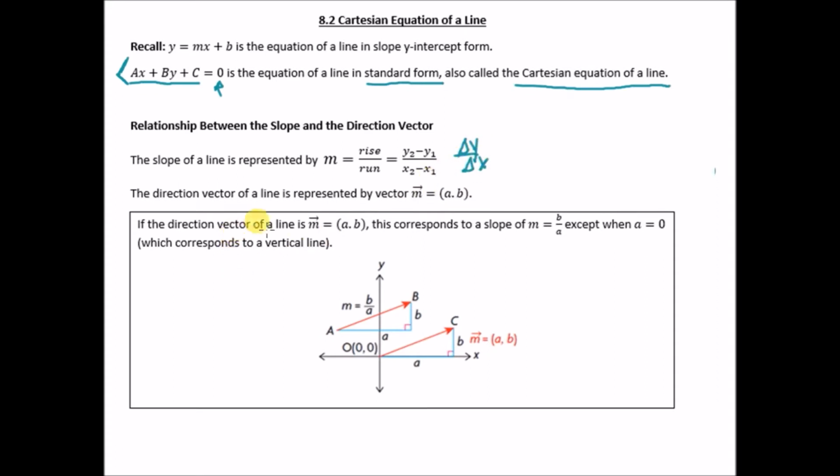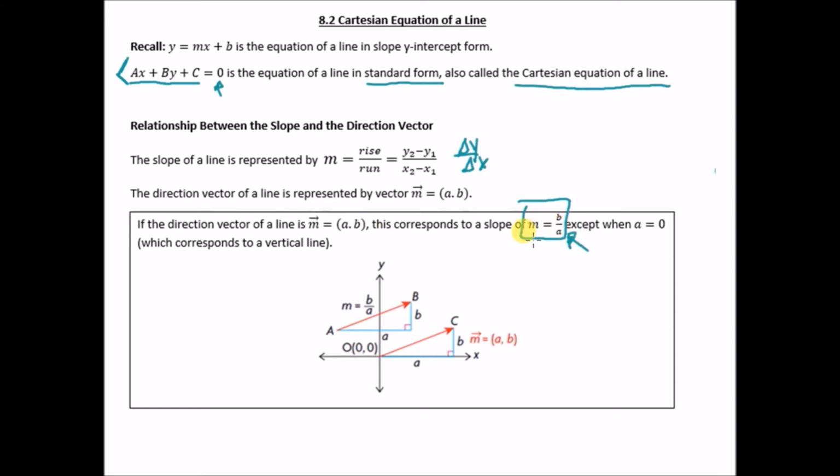If the direction vector of a line is vector m, this corresponds with the slope m equals b over a, and we touched on that in the last section, 8.1. Except for when a is 0, because that would be a vertical line, and remember, when a equals 0,